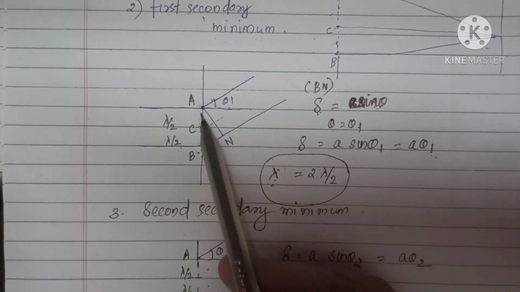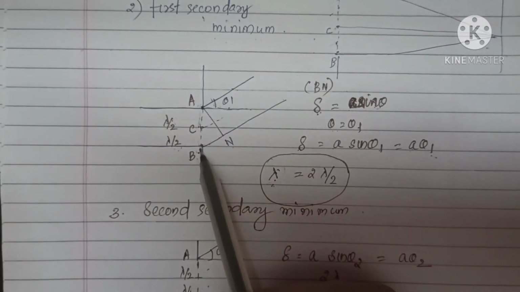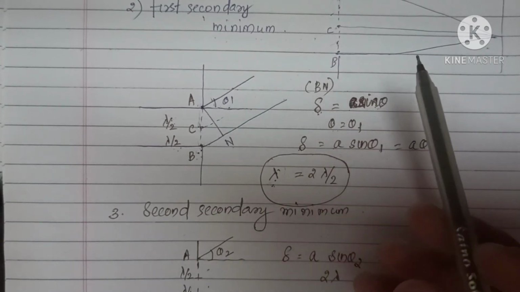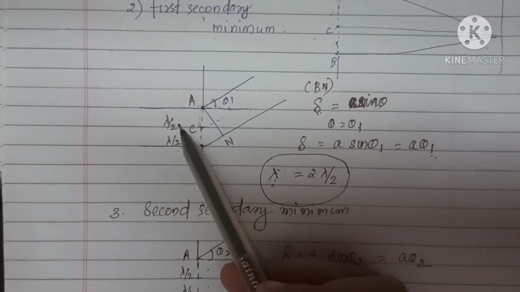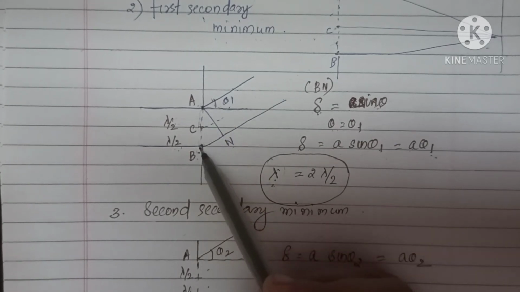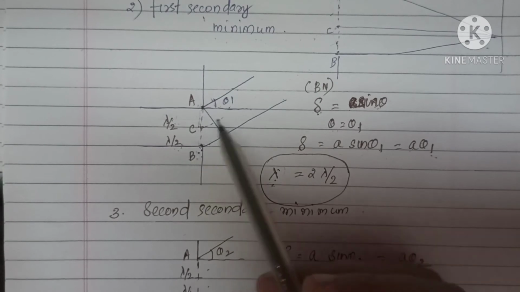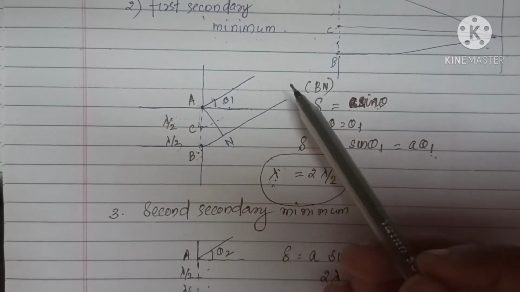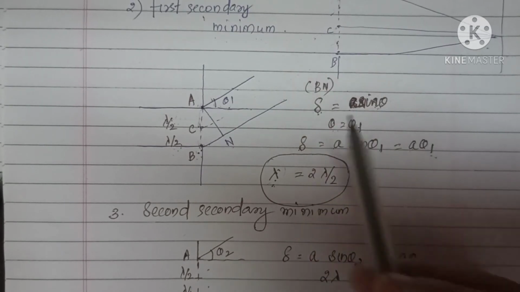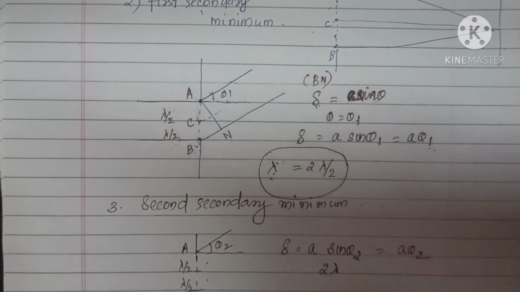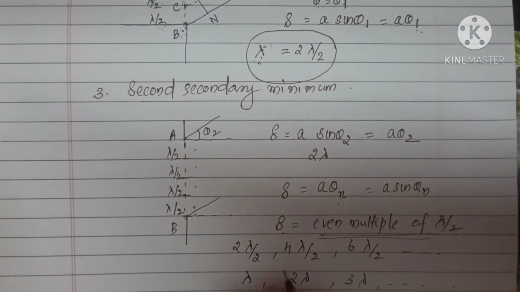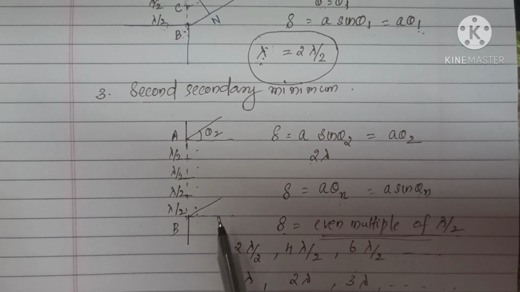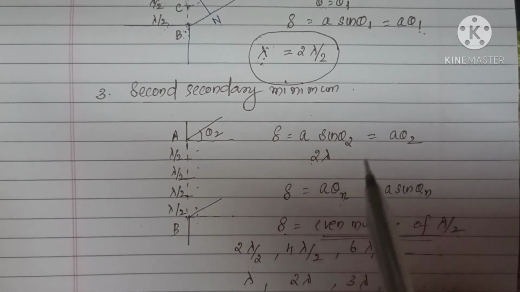So there is an upper half as well as a lower half. For interference, at least two waves should be there, right? So here it is lambda by 2 and here it is lambda by 2. Lambda gets divided into 2 and these two will interfere; since it is lambda by 2, it will be destructive interference, which results in a minimum, that is dark. And in the second secondary minimum you are assuming that it is 2 lambda. This is the explanation given for the alternate minima and maxima.